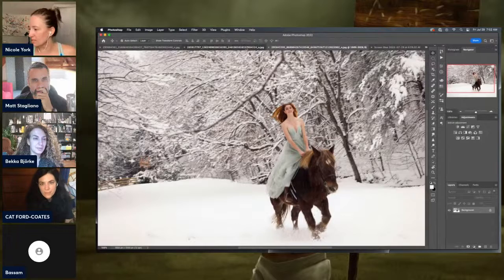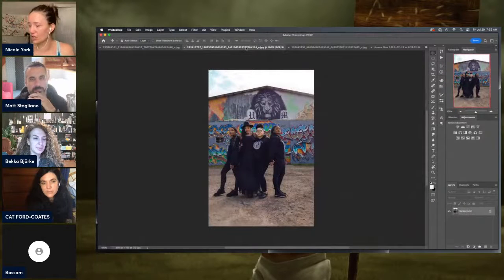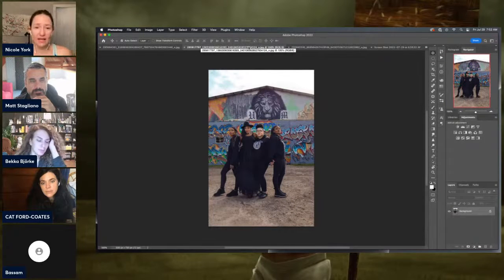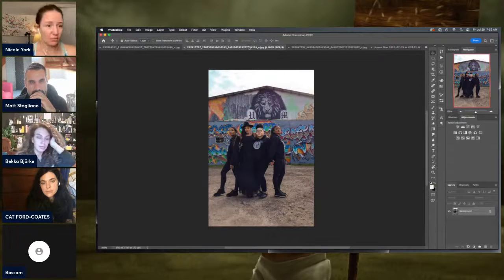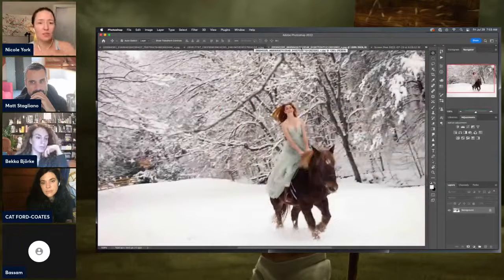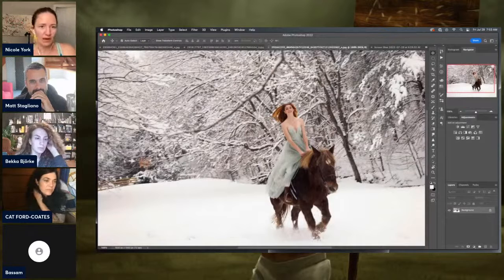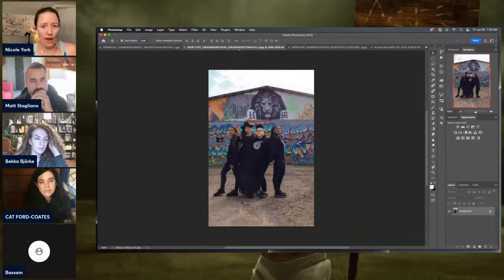Okay, so we are getting close to the end of our hour here. And just to grab a couple more things that Kat had shared really quickly so we can see those differences in environment. Here we have some badass chicks in urban wear, right? And then you have an urban art environment behind them, which seems to fit. We don't have the same mental disconnect as a girl in a ball gown out in the snow on a horse. Urban wear in an urban environment has a solidity, right? You kind of expect to see something like that.